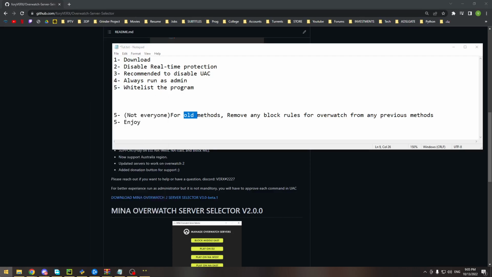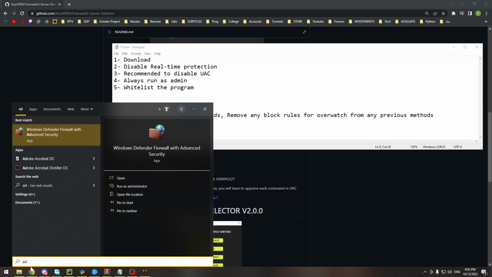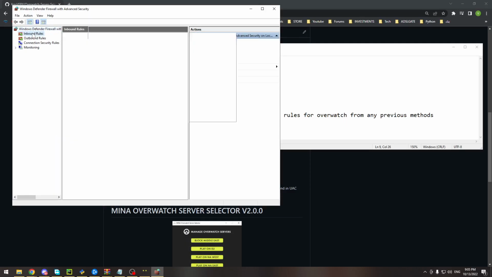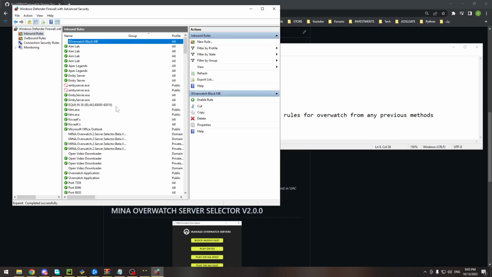So we go to Advanced Firewall, which you just write AD and you go here. And you go to Inbound Rules and you make sure you don't have any Overwatch related things. For example, we have a rule here called Overwatch block ME, which stands for Middle East, that I made myself manually. So if this rule is enabled, you just need to disable it.